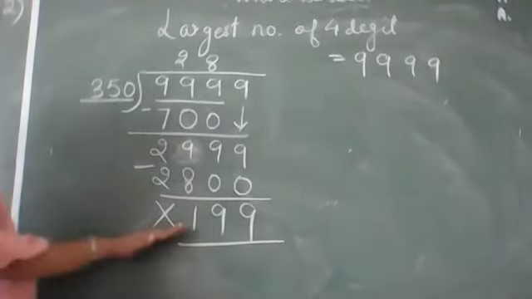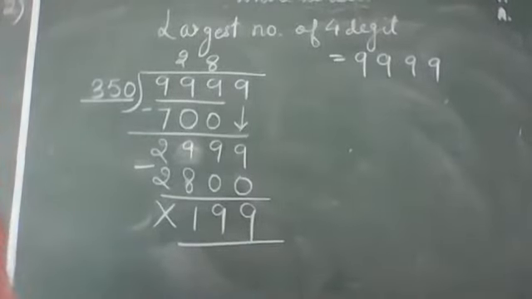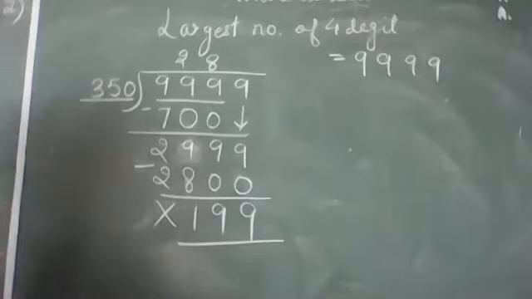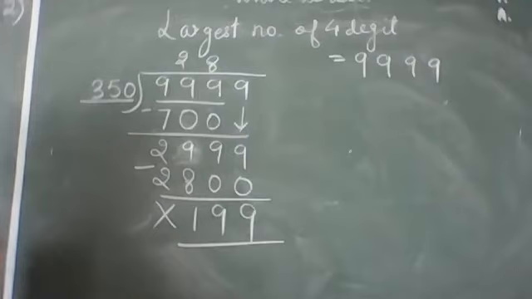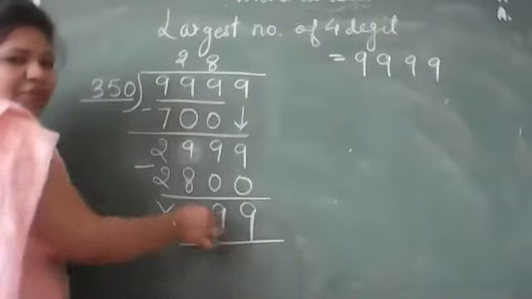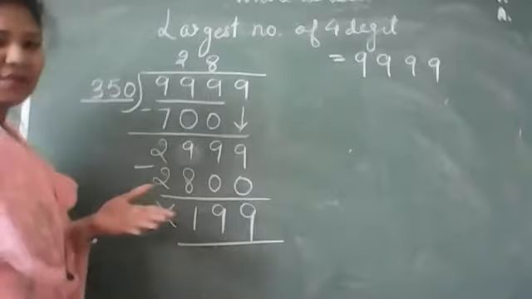There is some remainder. Now tell me, if you want to make it completely divisible, which number should be removed? Then this number will be completely divisible. Tell me, which number should be removed from here to make it completely divisible? Use your chat box. Very good. Very correct. If you remove 199 from the question, you will be getting the number which will be completely divisible.